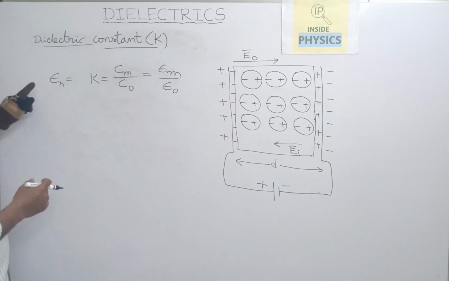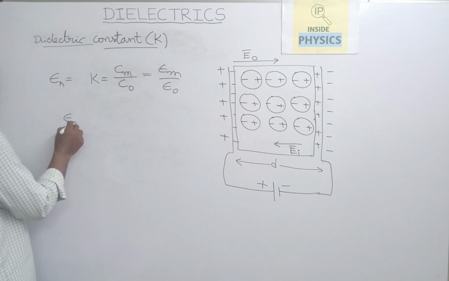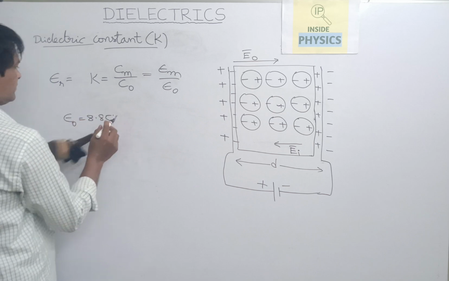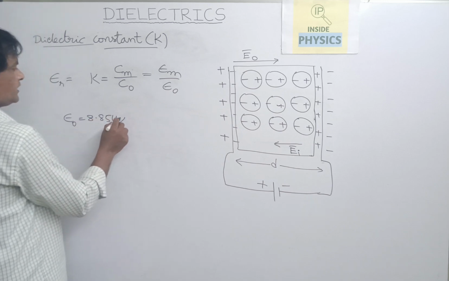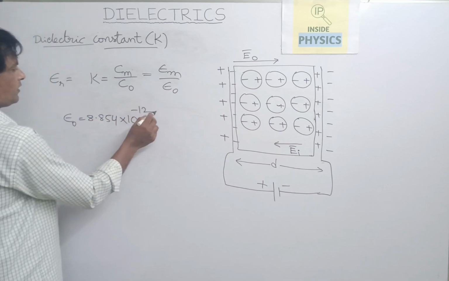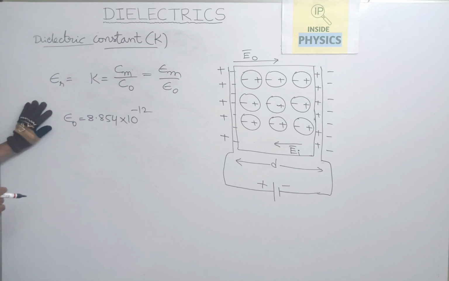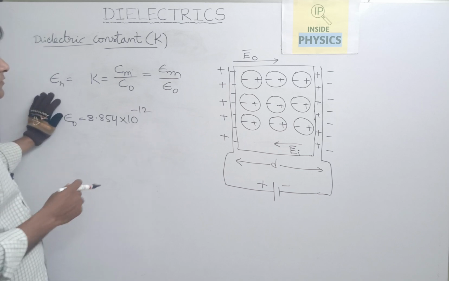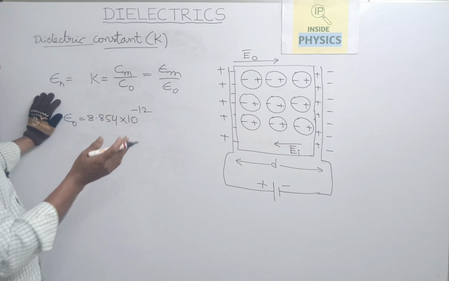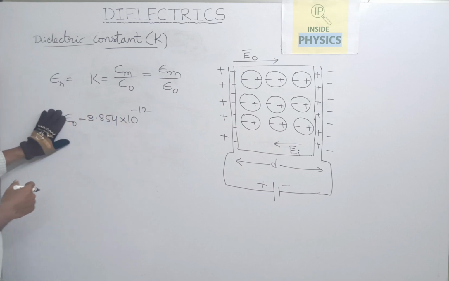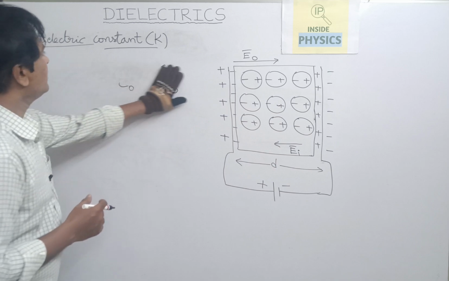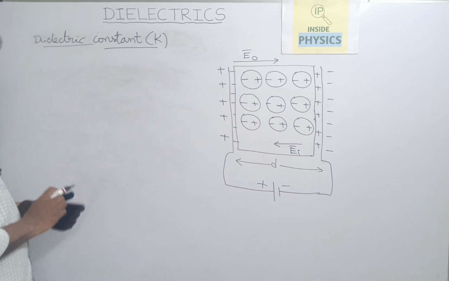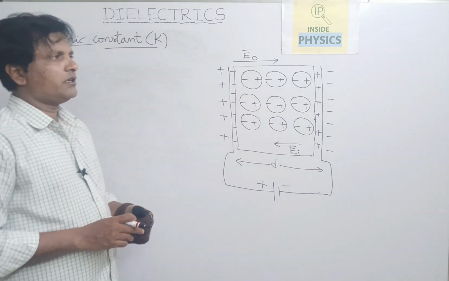So, here what is permittivity of free space? It is 8.854 into 10 to the power of minus 12. So, this is the permittivity. By that we can understand what can be the permittivity of the particular space when another medium is introduced between them. So, here this is the concept of dielectric constant, and there is a last term here called